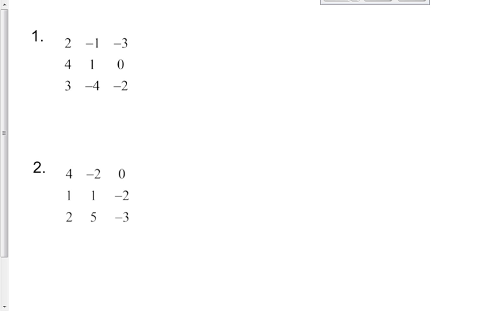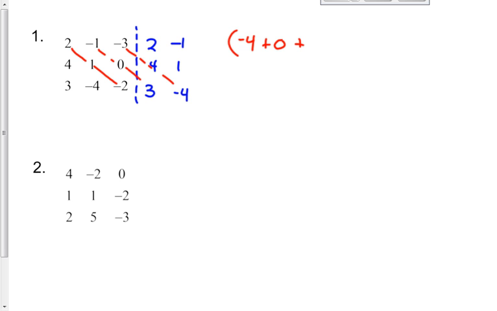All right, let's see if we can try this. Put in our dotted line, repeat the first two columns. 2, 4, 3, -1, 1, -4. Okay, first it's the downs. 2 times 1 times -2, there's -4. Plus -1 times 0 times 3, there's 0, plus -3 times 4 times -4, -12 times -4 is positive 48,